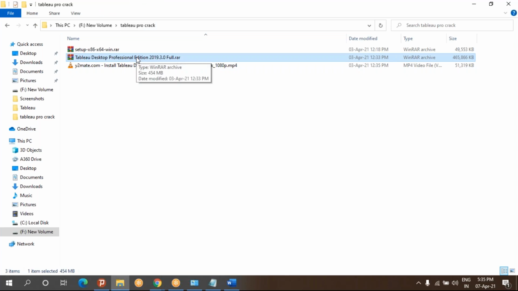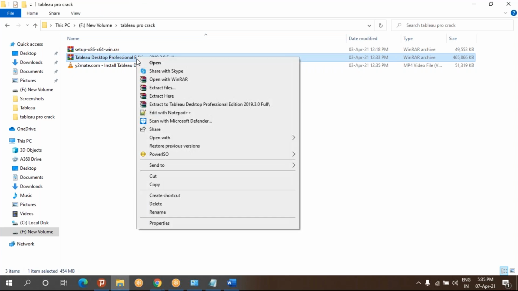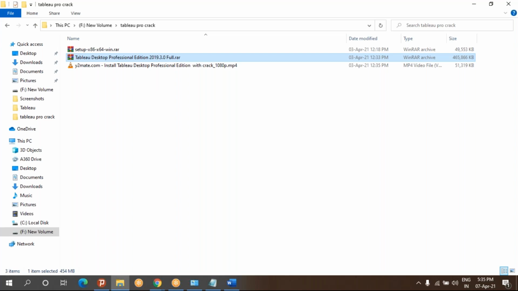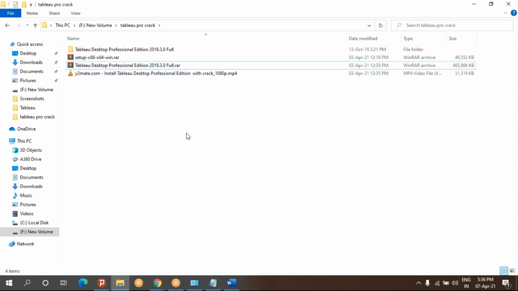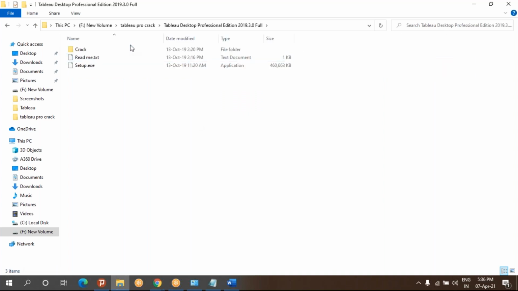Now select this Tableau Professional Edition, right click on it, extract here. Done. Now once the extraction is done, open this folder.